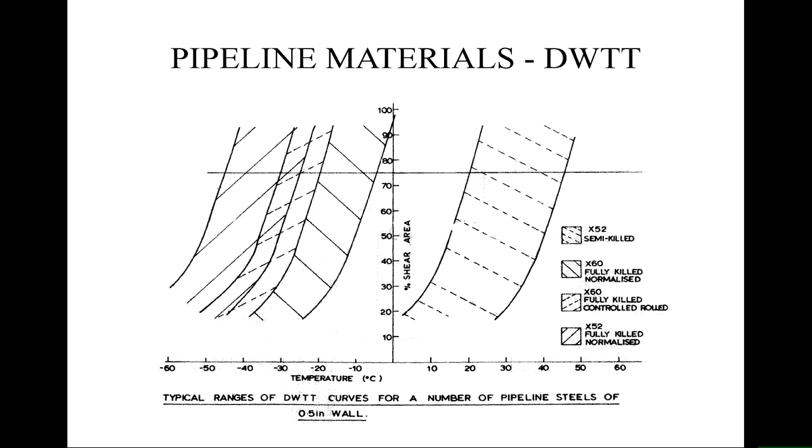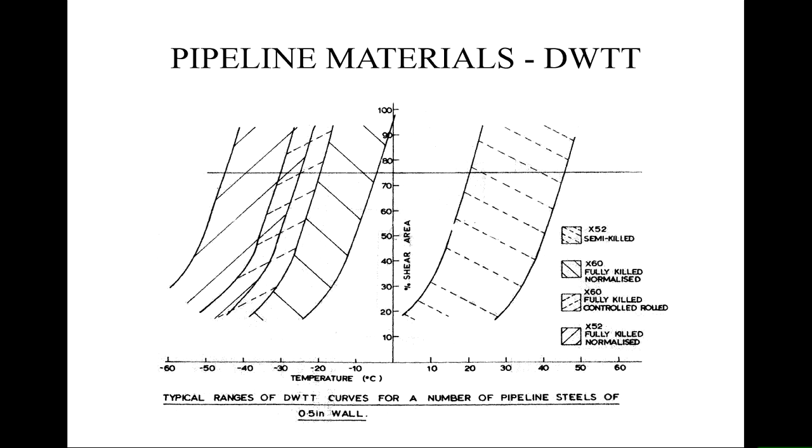So if we start off with a semi-killed old steel X52 grade, the temperatures over which you get the change from ductile to brittle are around 20 degrees C. So that can go brittle just by a cold day,